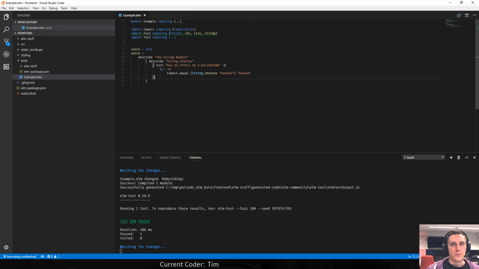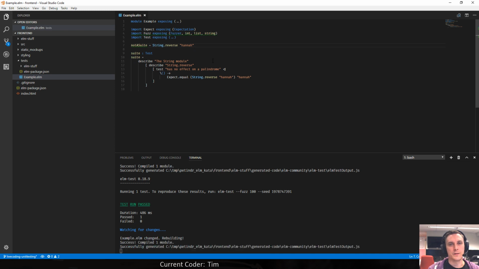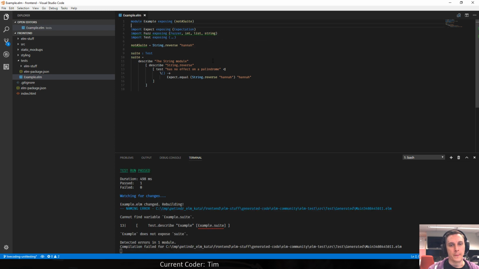Now there are some mistakes that you could be making. So let's say you've got a different function, and we are only exposing this function, not a suite function.